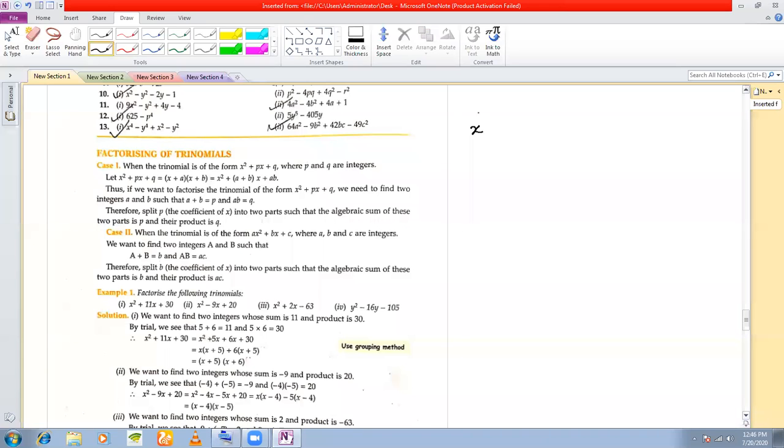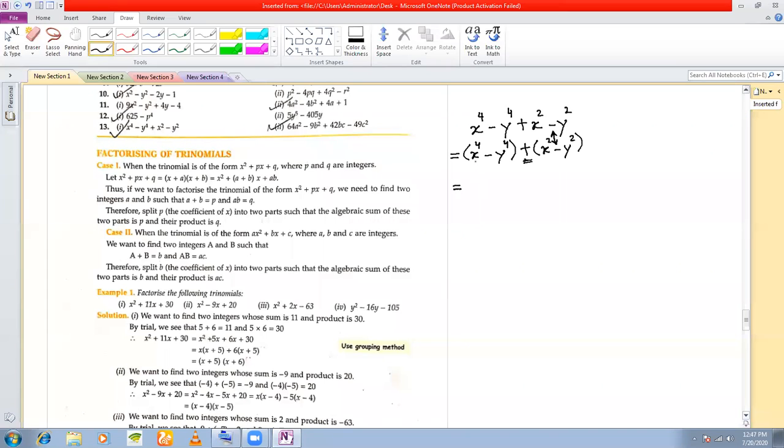You have x to the power of 4 minus y to the power of 4 plus x square minus y square. Okay. Now see, there are 4 terms. 4 terms means that I can group these terms in 2's. So I first group x to the power of 4 minus y to the power of 4 plus x square minus y square. The sign will not change because I have a plus sign outside. So this sign will remain the same.